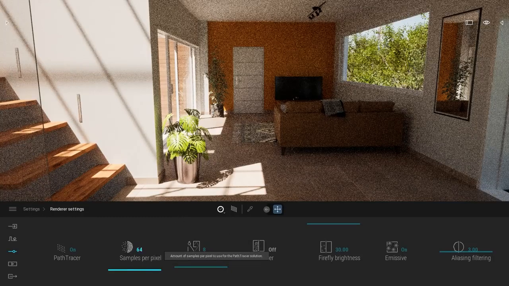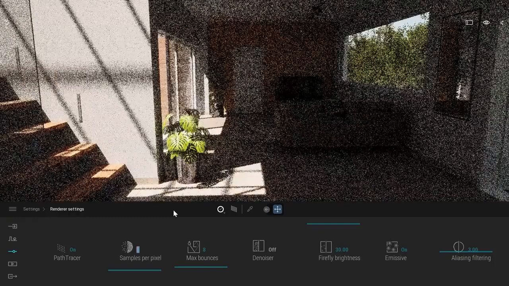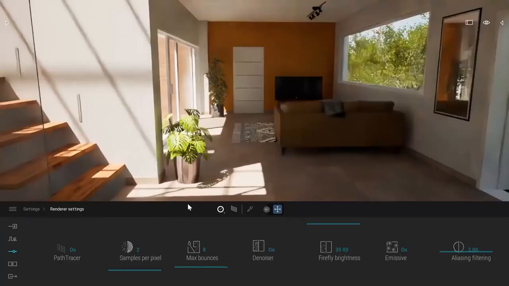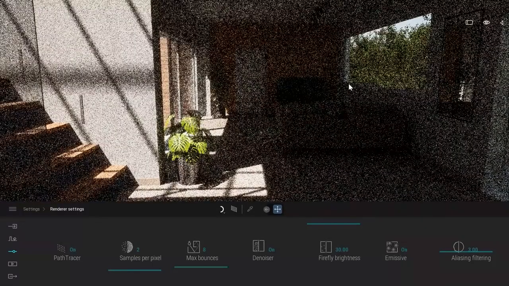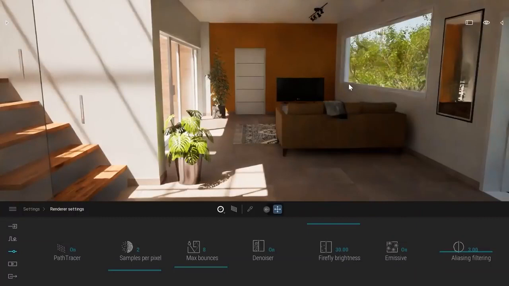The samples per pixel setting is probably the most useful one. If you set a really small value, it will just calculate that image that number of times. So for example, let's leave it at 2 and press enter. Here it will calculate the image 2 times and it will stop the calculation. You can press the denoiser and, same thing, it will calculate the image 2 times and enable the denoiser, and as you can see here, I have a result really quickly. I can right away have a better comprehension of the lighting in my scene in just a couple of seconds.